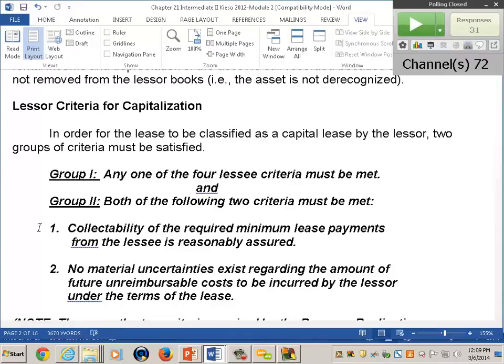So both people have the same asset. Both will have the same asset. Because if the owner of the equipment has an operating lease, they don't derecognize it. And if the lessee has a capital lease, they'll put the asset on their books. So now 2 parties could have the same asset. And that's not the only time that could happen. And I'm going to get back to that because I want to ask you how you feel about that, because we're going to get lots of accounting asymmetry in this particular standard, which may be resolved later on if the new standard is passed. May not be 100%, but it may resolve some of it.